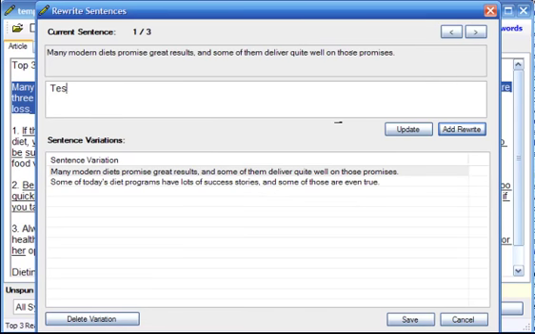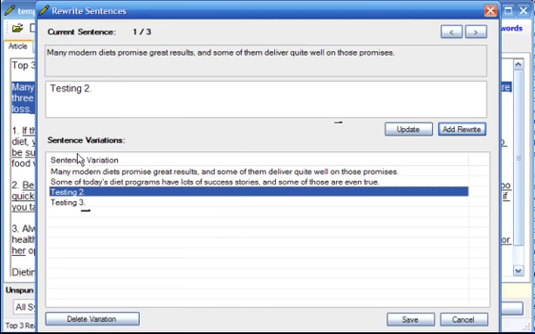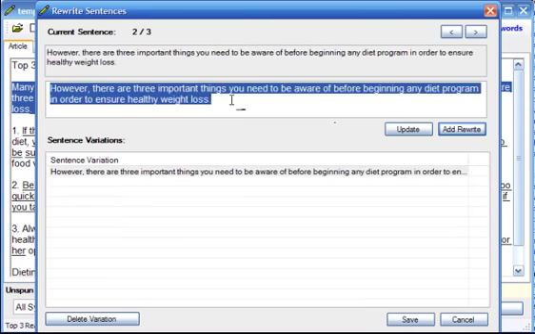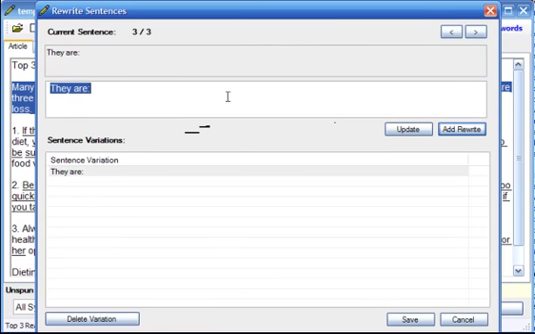And you can type as many variations of your sentences as you want and just hit enter and it'll automatically add them. If you want to modify one you've already entered, just select it, do your modification, and click update. But you can see that it's made to rapidly be able to just type new sentences in very quickly. And then you tab to the next sentence, type in your rewrites, hit enter, and continue throughout all the sentences